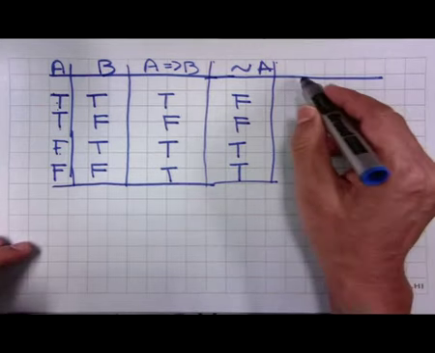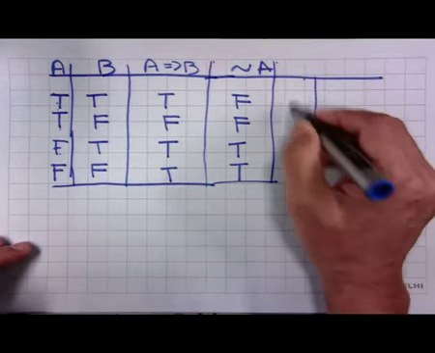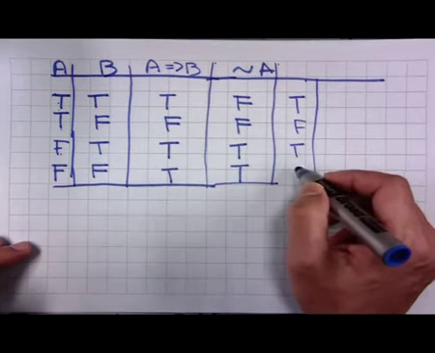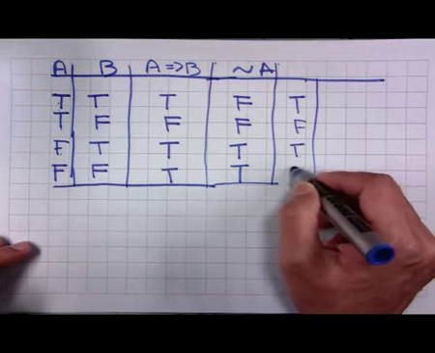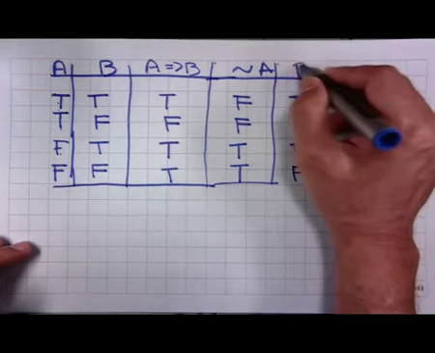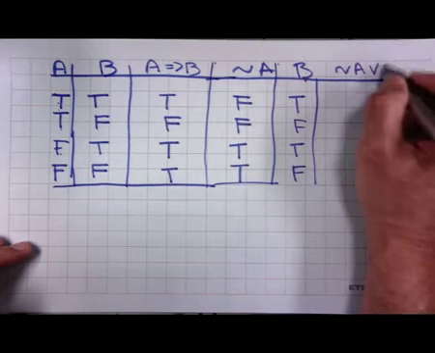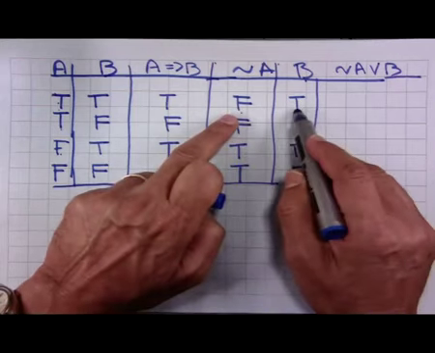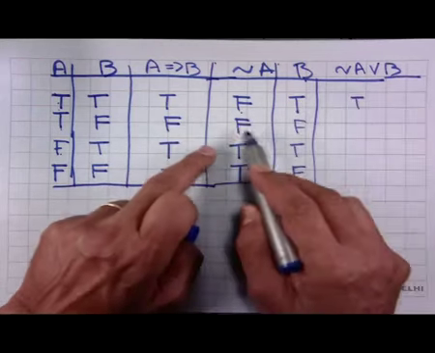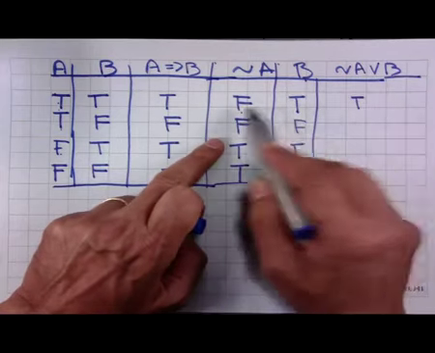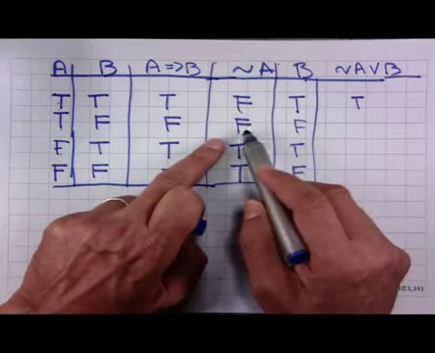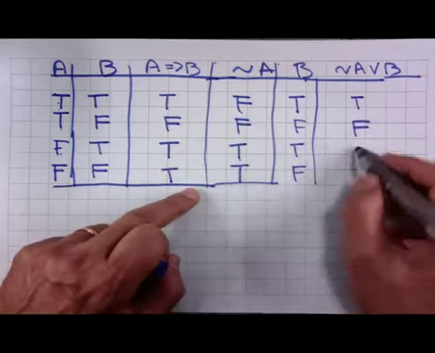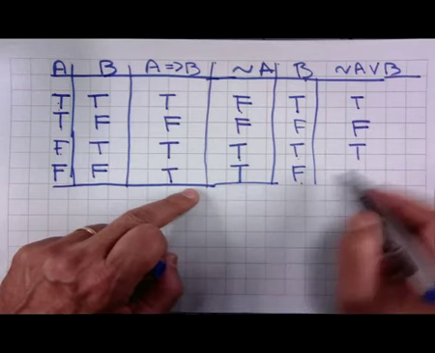And B had these values T, F, T, F. Therefore, not A or B has the following truth values: false or true is true, false or true is true, false or false is false, true or true is true, true or false is true